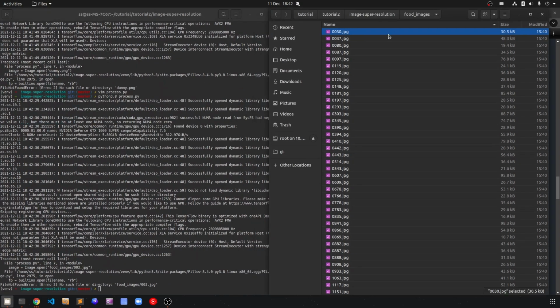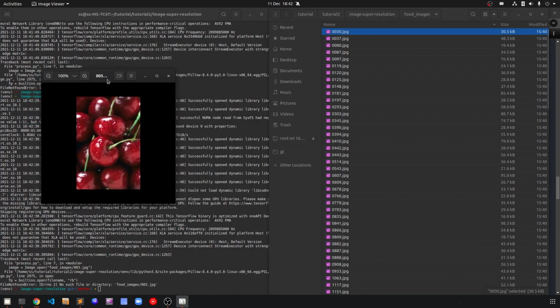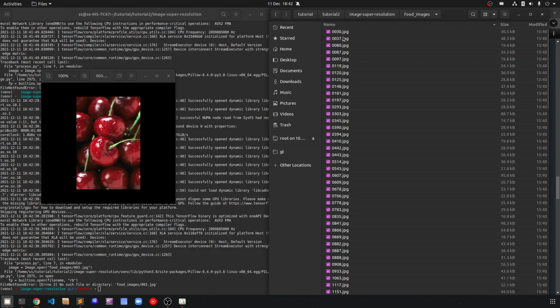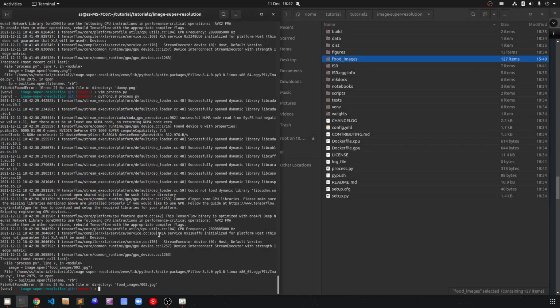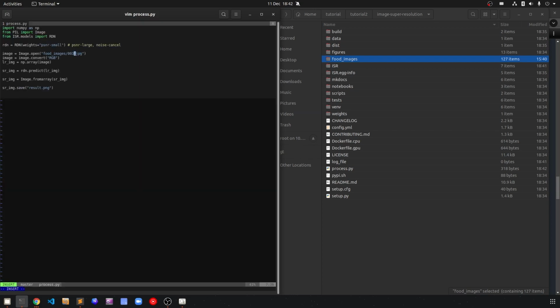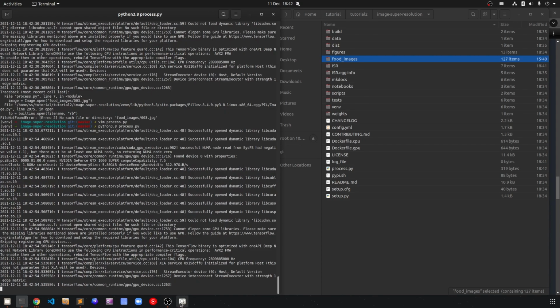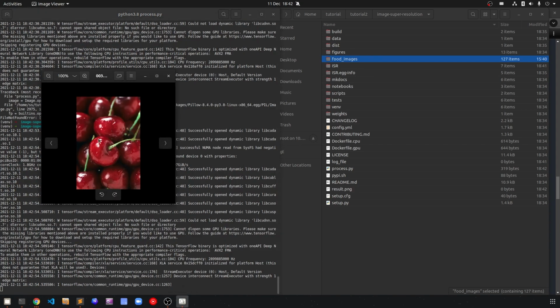So the model is going to take this small image and output a new file, but there's an error again. Oh, the file names, I should have said 0030. Okay, let's just change that again. 0030. Save it and close it. Let's run it again. So this right here is the original image, and it finished running, and we have now